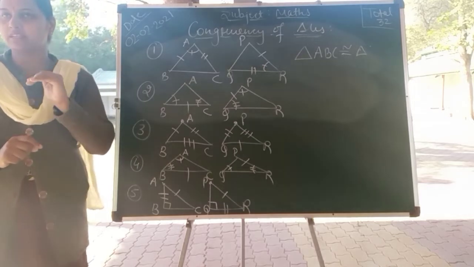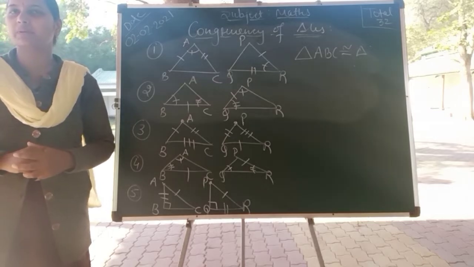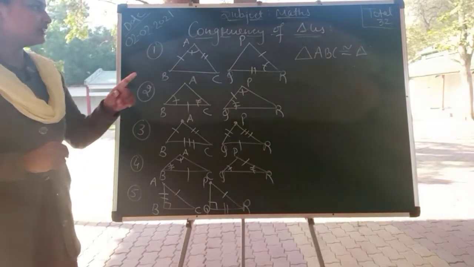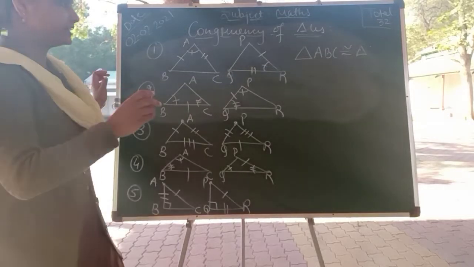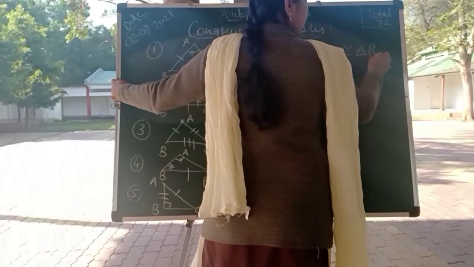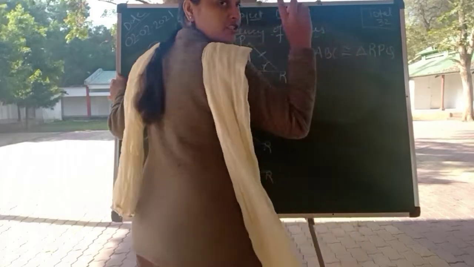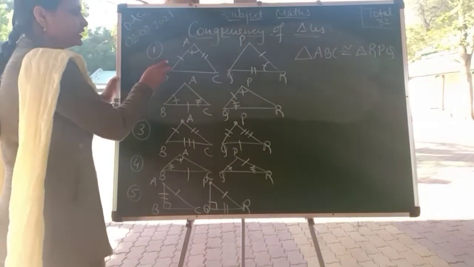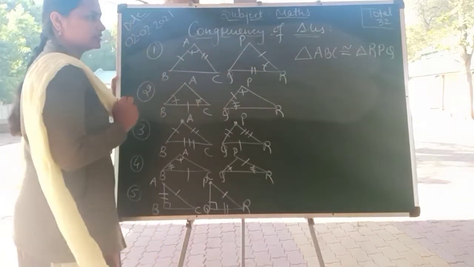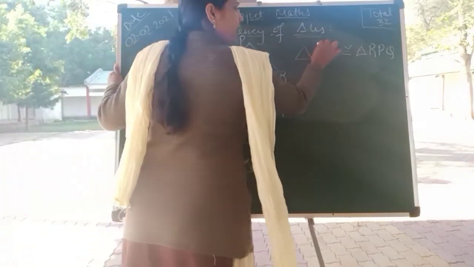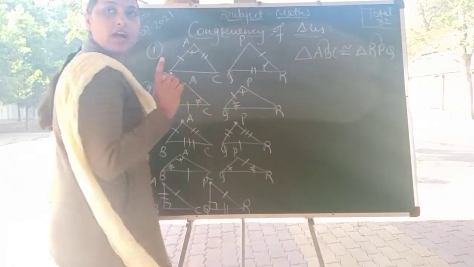Okay Arya, sit. Next, anybody else? Okay, Om. Triangle ABC is congruent to RPQ by SAS. Let's see. RPQ. Let me check the corresponding parts. Everyone, here, if I have drawn single cut, it means AB is equal to PR. So let me check. AB equals PR. Yes, AB and PR are together.